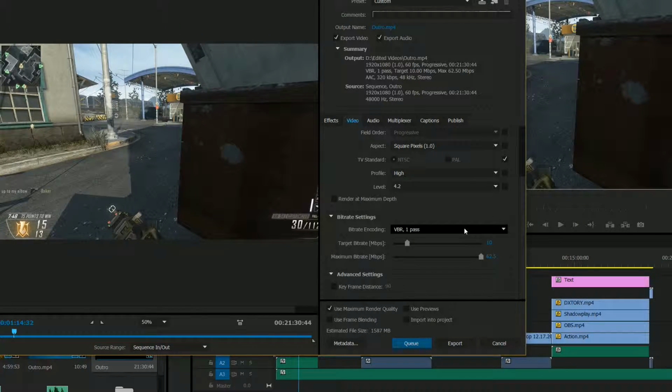For my bitrate settings, I have VBR 1 pass, so you can have 2 passes if you want. What this means is the software will view the video twice, doing 2 rounds of encoding to make sure everything's looking nice and good, but it takes longer to encode. 1 pass just does it once, and CBR is another way to do it, but I just use VBR